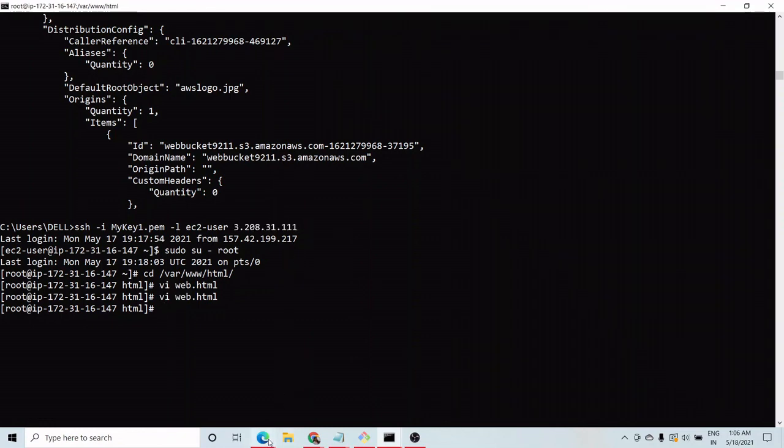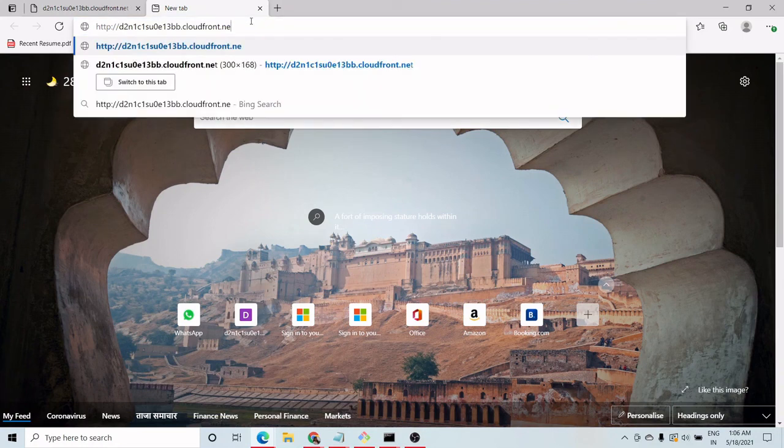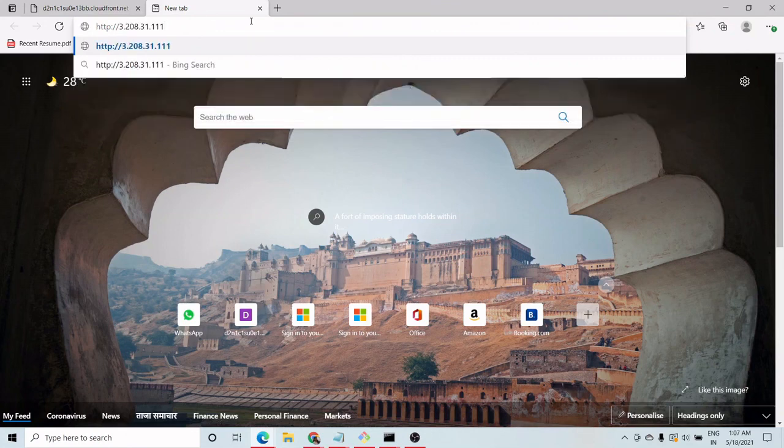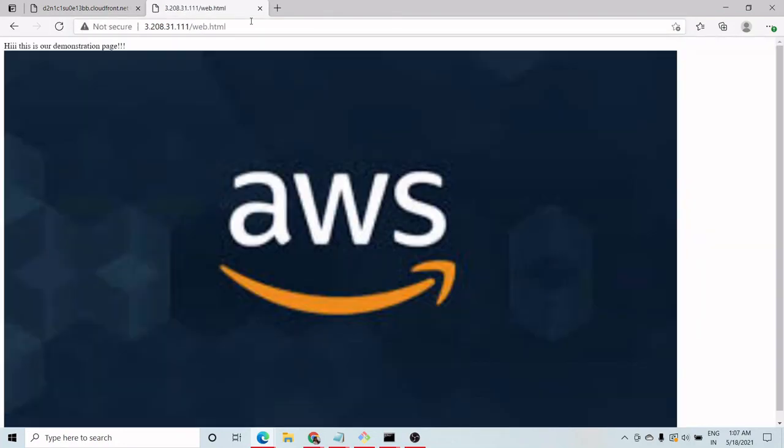Control C and not this, Control V slash web.html. Yeah, so it is showing my web page. Hi, this is a demonstration page, and this is the image that I put inside the S3 bucket, and I hosted it on CloudFront.